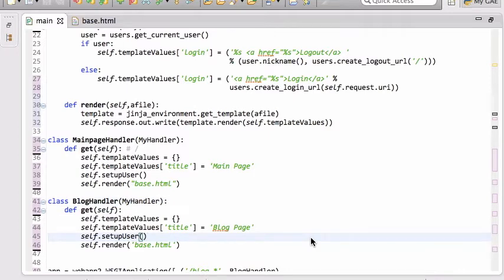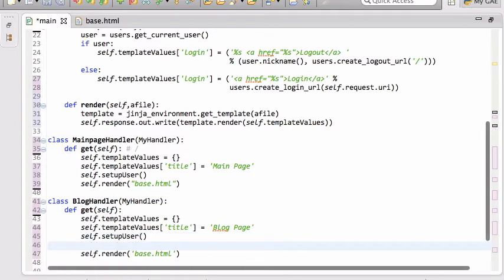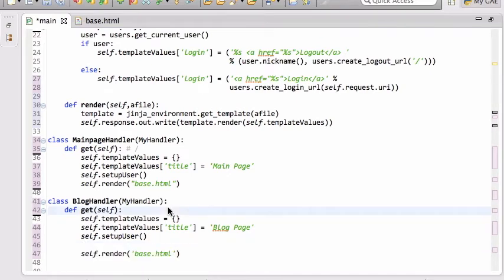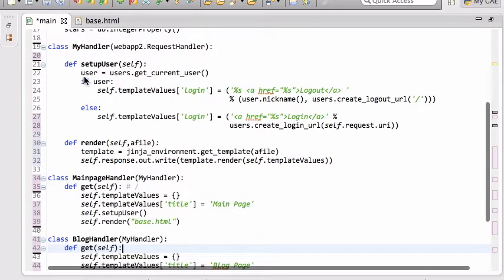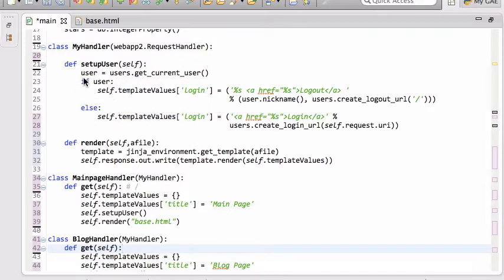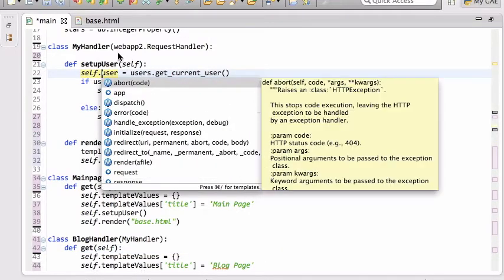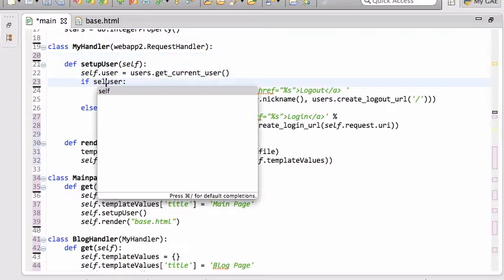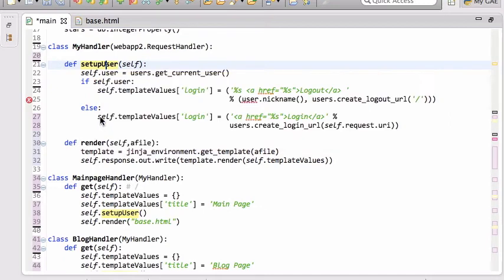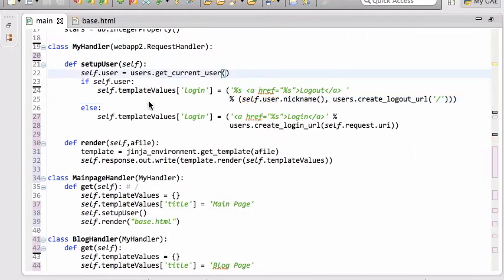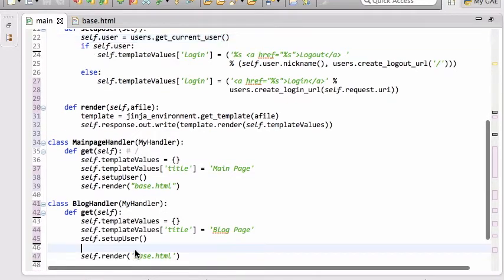Well, you have this setup user here. After you call the setup user, if you look at the code here, we have this user variable that is only local, right? But it doesn't have to be. We could make that an instance variable, self.user, and also self.user over here too. So now self.user is an instance variable,